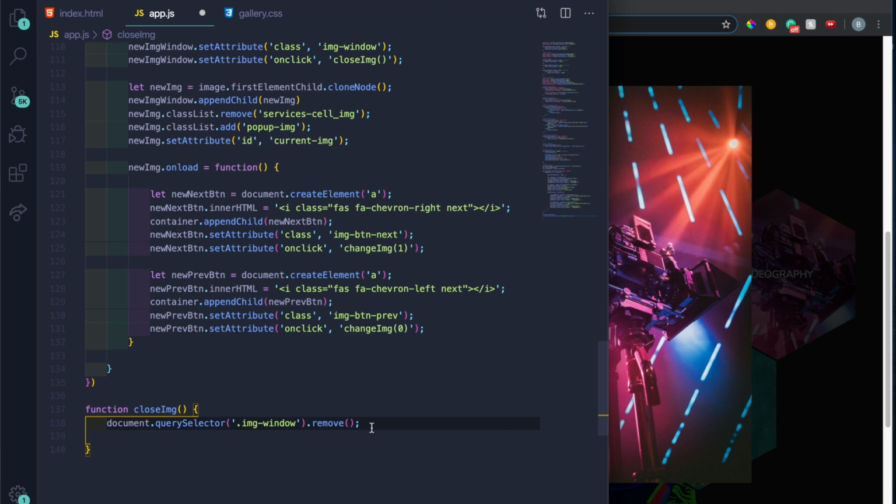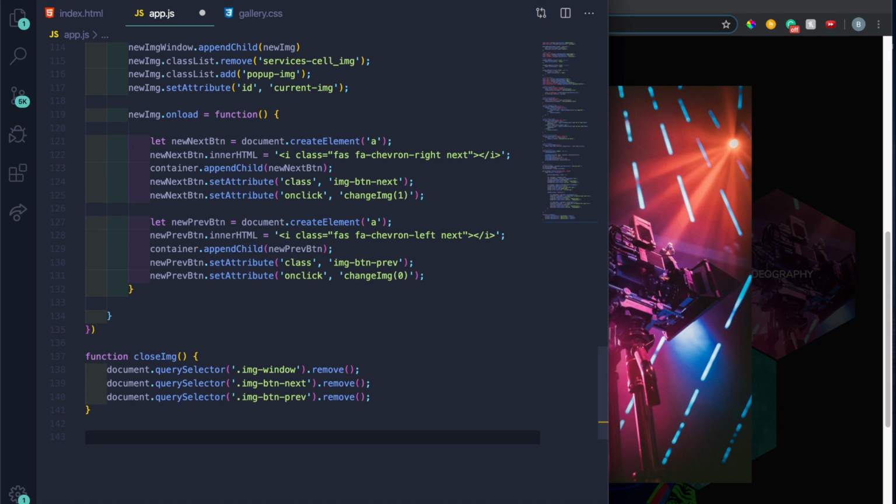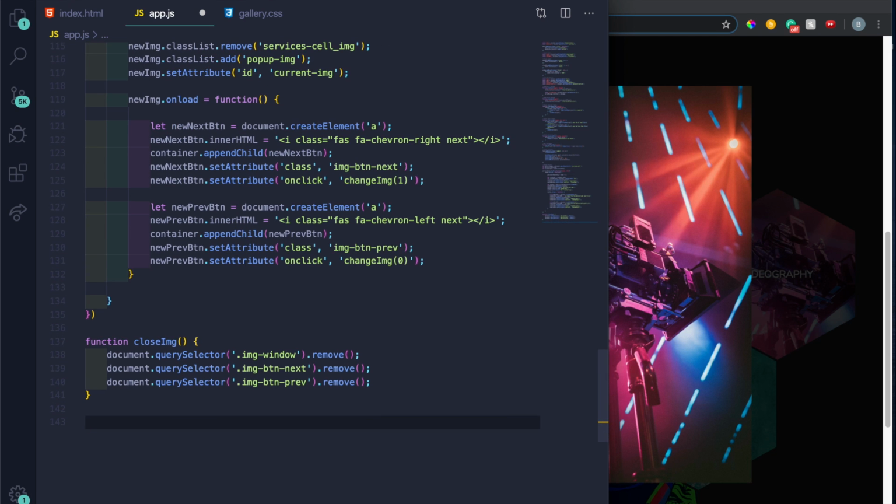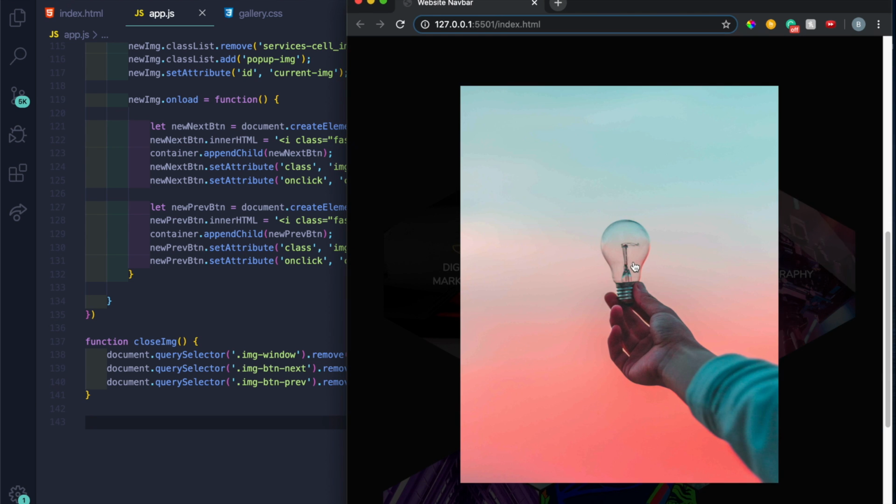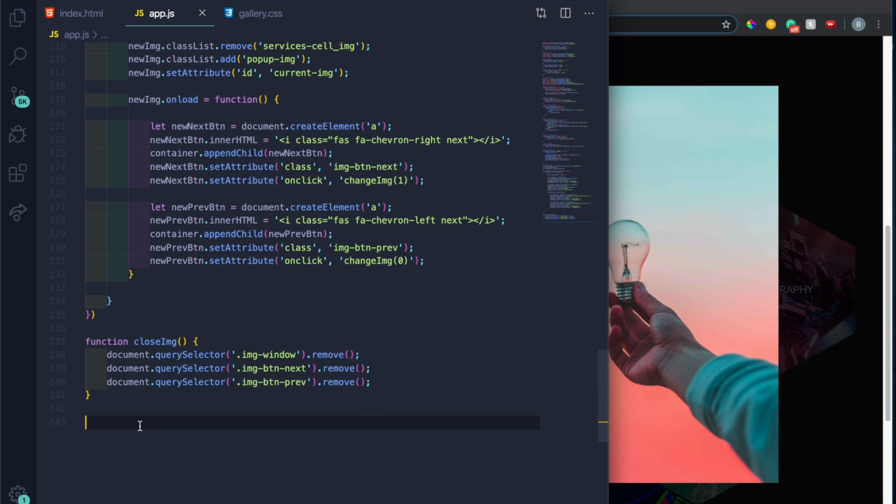And then I can pretty much copy this two more times and just change the image window to image dash btn dash next first, and then image dash btn dash prev. So there is our close image function right there. And now we need to create the actual change image. Right now nothing is going to happen because you can't change anything. So let's go ahead and